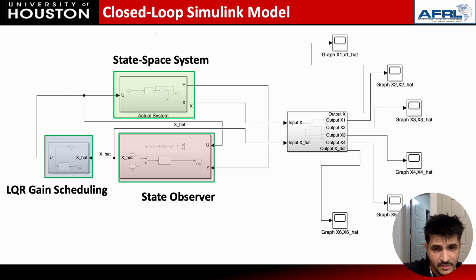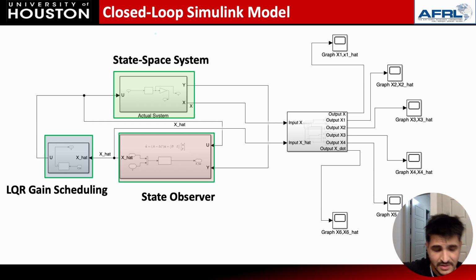That is being observed in the output, which is also being fed into the state observer, where again the C for the state space system is just going to be observing the first state, the plunge, and then that's fed into the observer system, where it's using the Kalman filter gains, KL,